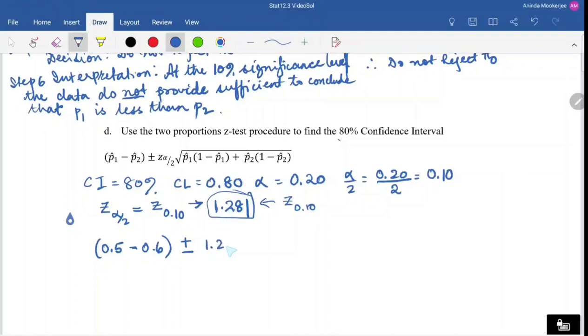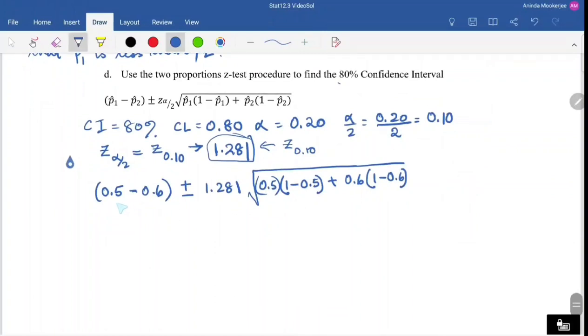So that's plus minus 1.281, multiplied by the square root of p hat sub 1, 0.5 times 1 minus 0.5, plus p hat sub 2, 0.6 multiplied by 1 minus 0.6. So 0.5 minus 0.6 is negative 0.10, plus minus